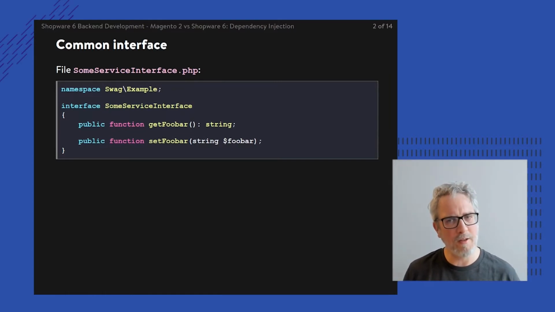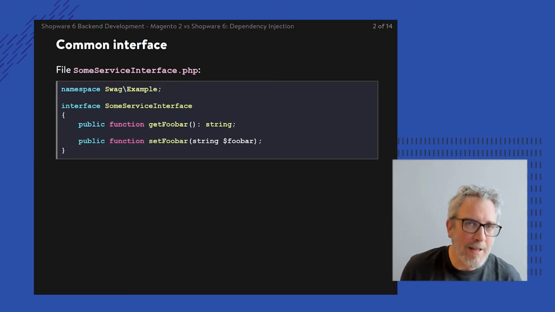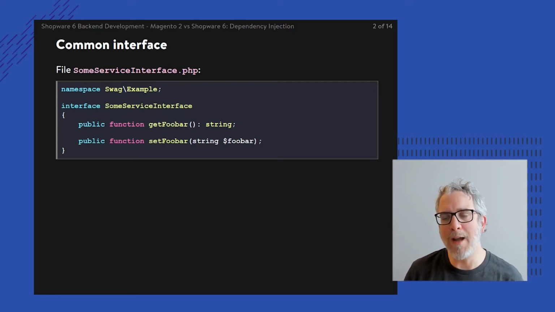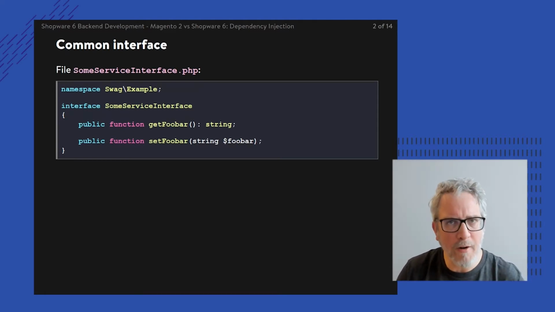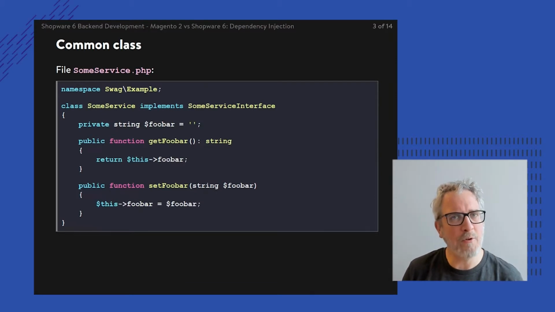There's this interface with a namespace called swag_example. Swag example could be a namespace in Shopware. Swag actually stands for Shopware Agentur, Shopware agency, but it could similarly be the namespace of a Magento module. Within that module, within that plugin, I'm creating an interface, and that interface simply has a getter and setter to put some kind of foobar value into this class, and then get the value out again. The interface is implemented in a class where all of that getter and setter stuff comes to being. There's an internal variable foobar, but it's straightforward.